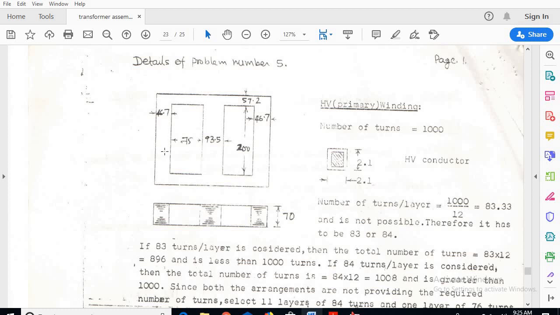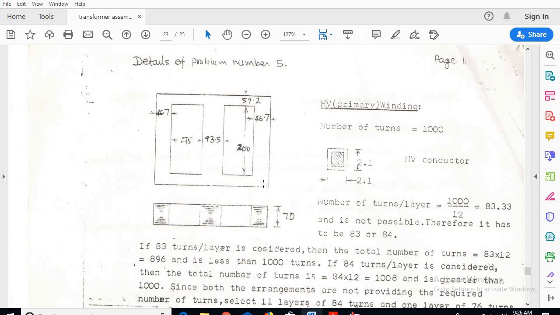Coming to the elevation, the outer leg dimension is given as 46.7 mm. Height of the yoke is given as 57.2, so here it is 57.2 and here it is 57.2. Height of the window is 200 and width of the window is 75. Central leg width is 93.5. So this is the elevation, this is what we have to draw.